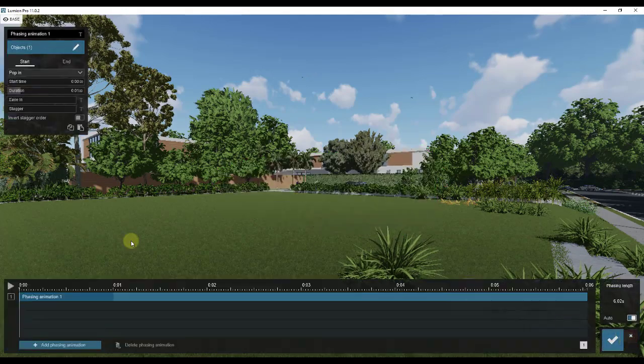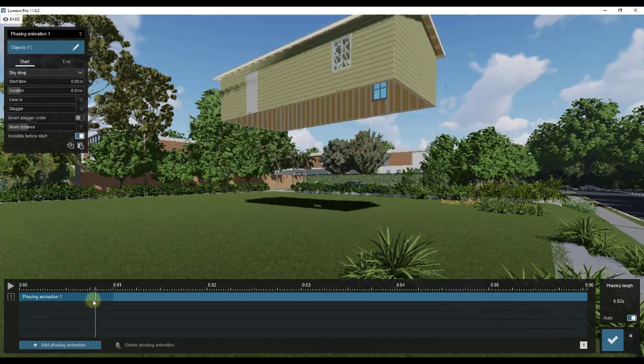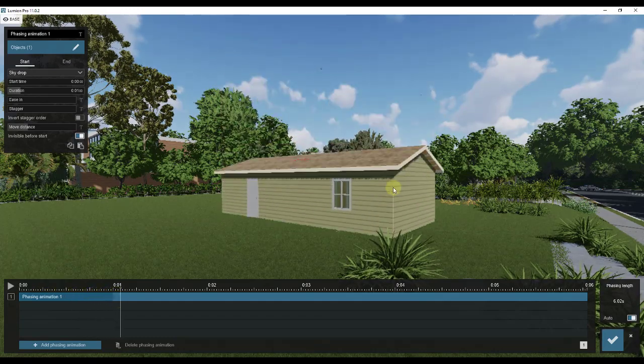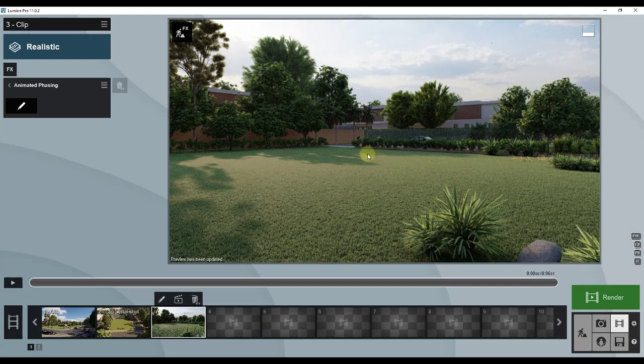So now if I click on the checkbox, then I animate this, and let's say we want it to do the sky drop. If I bring this in, you're just going to have this one model that drops in here, right? You can see how it has the other detail in it, but there's no way to access it inside of Lumion. You can't access the different parts and pieces. That's why it's going to be important to bring these in separately. It's a little bit frustrating to have to do, just because there is definitely some additional work associated with that. But let's go ahead and I'll show you how to do it.